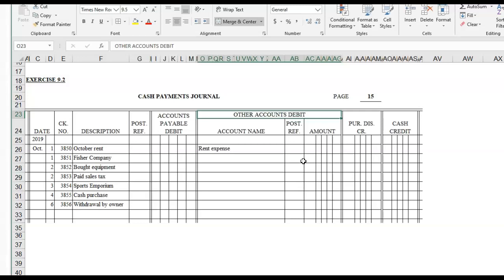Okay, so the rent was $3,600. You just put in 3,600, and then over here we have to have our debits equal our credits. Next one,